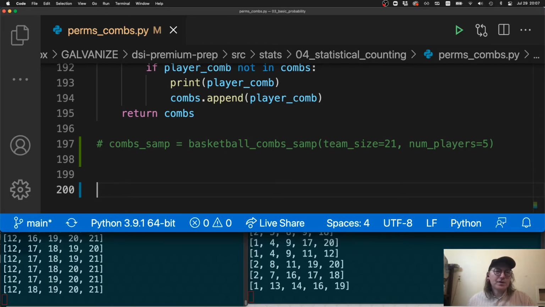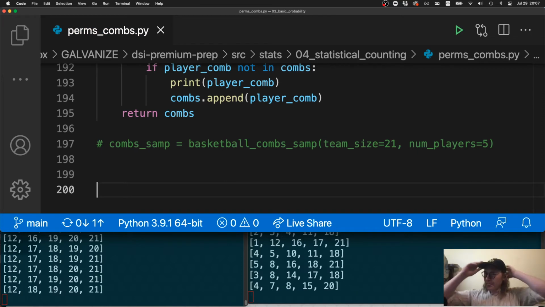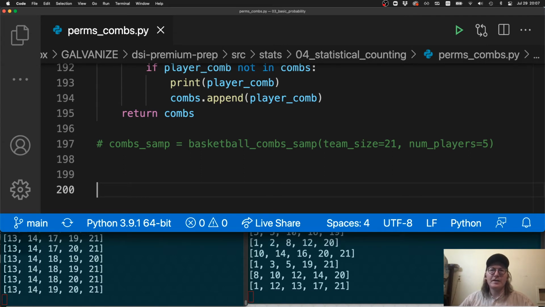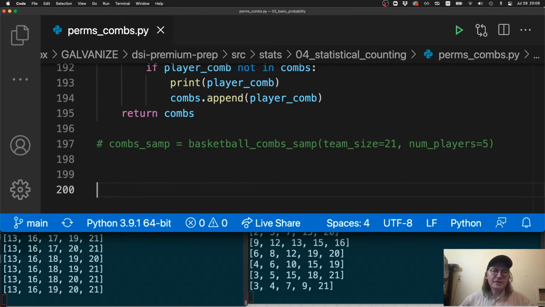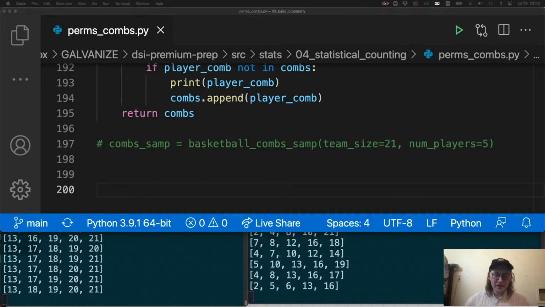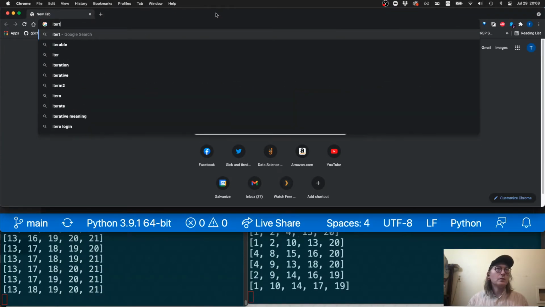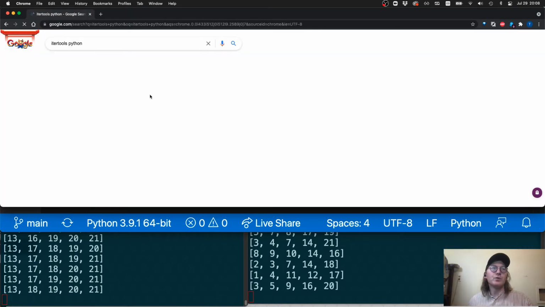Okay. So both of these are expensive approaches. All right. And I'm not going to say that this problem is an intractable problem by any means. It's something that we can get through with these more brute force approaches. But it turns out that there is another way that we can do this. There is a combinations algorithm that is present in the itertools implementation of combinations. So what is itertools? Itertools is a library